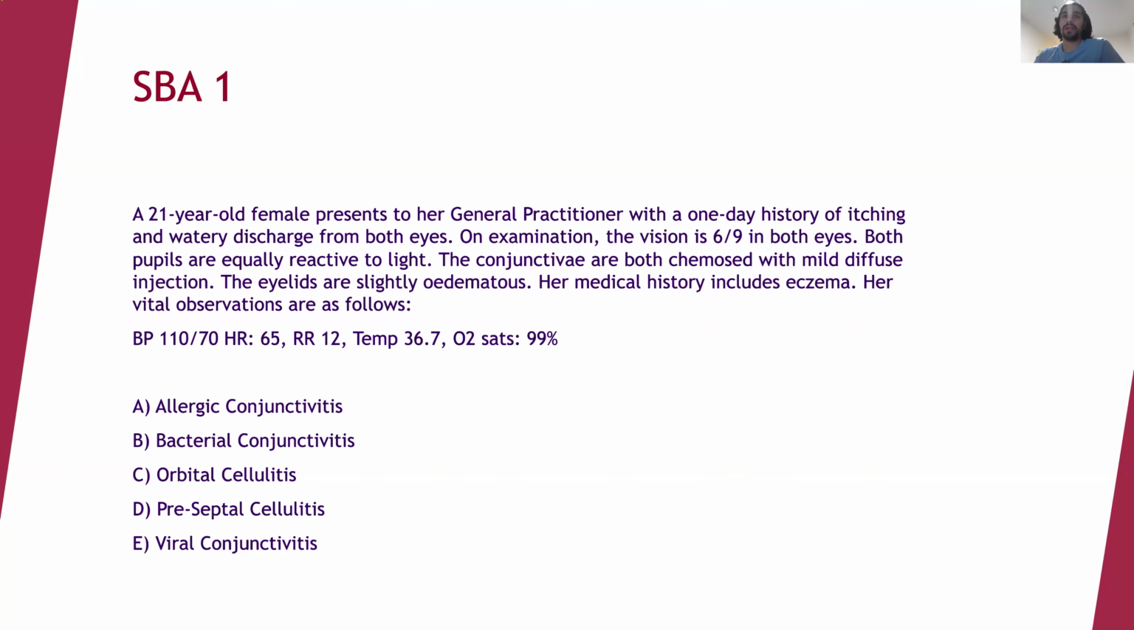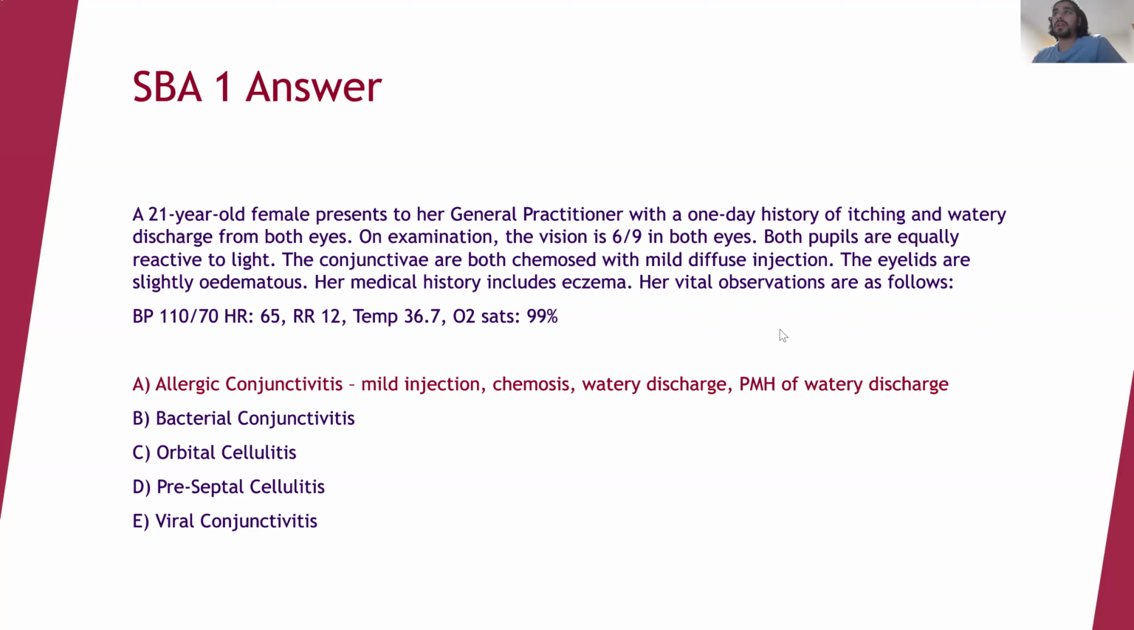Okay, so the answer for this one is allergic conjunctivitis. Like I said, look for key buzzwords in the SBA. They have a history of eczema, so it's atopic. That's going to point you towards an allergic conjunctivitis. Again, it's bilateral, so it's discharge from both eyes. So it's unlikely to really be bacterial or viral conjunctivitis. There's nothing really mentioned about that infection. Like it's not hot, it's not swollen,